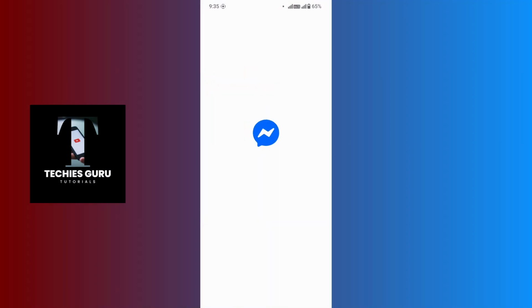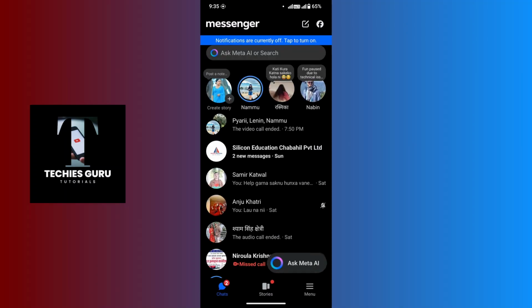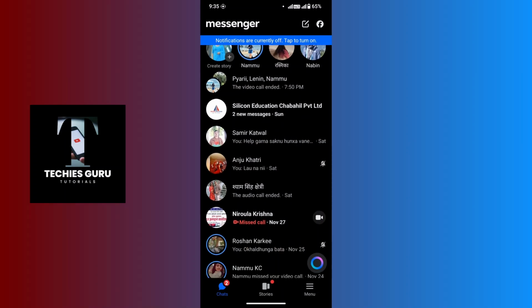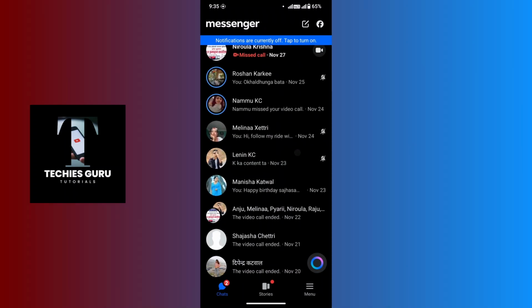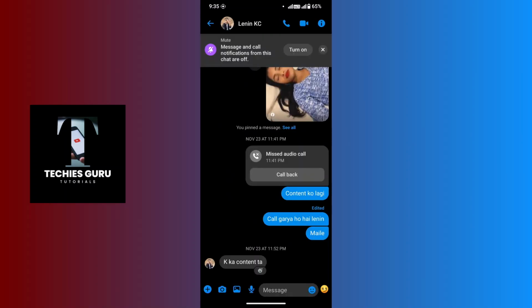Let's open it. And this is the inbox of your messenger. Now you should scroll down and tap on the person's account whose message you want to search, like this. Now you should tap on that person's name or profile picture which is available on the top left corner of your screen. So tap on it,